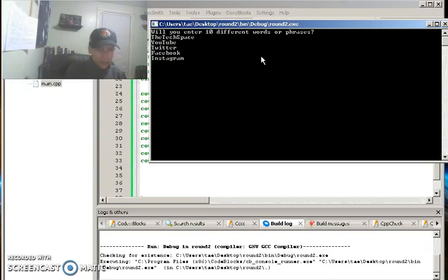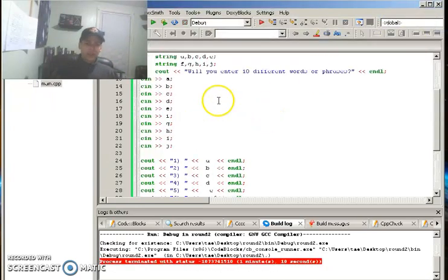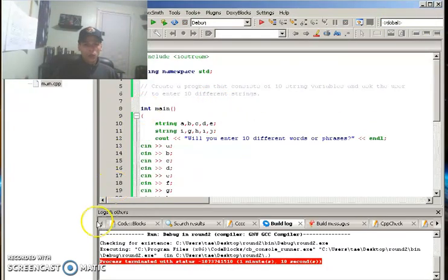And we can say whatever, J or K, L, M, N, O. Okay, I was wondering when we had 10. So now we're done. We entered 10 things. We entered obviously 10 different strings, and it sent us back what we entered in order. So entered the text space, we got the text space as 1. Entered YouTube, we got YouTube as 2. Entered Facebook, we got Facebook as 3. So on and so on. You can just keep doing this over and over, obviously, but use arrays to make it a little bit simpler and just to make it work a lot better for you in the long run.